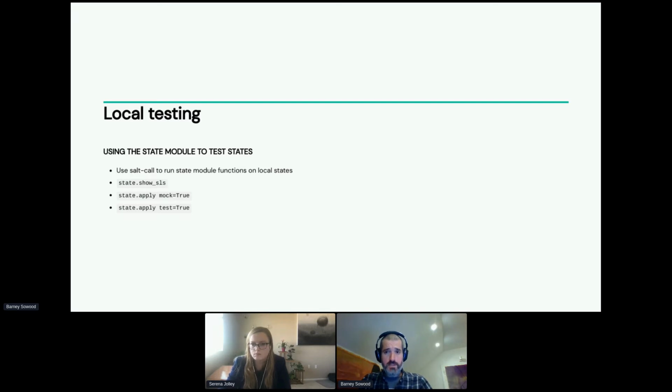You've probably used state.showSLS and state.apply with test equals true. I generally find that fewer people have used state.apply with mock equals true. We'll go through each of those and explain where we found each one useful, and give some examples of issues they can catch.